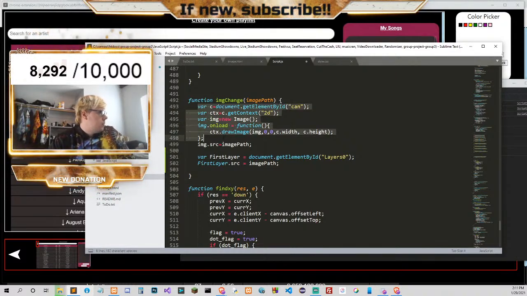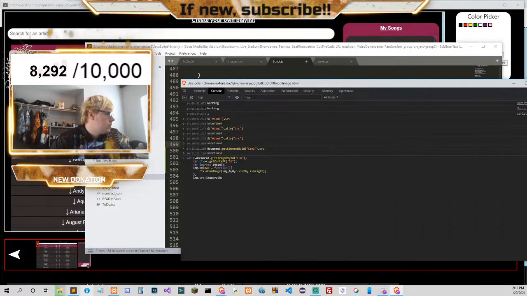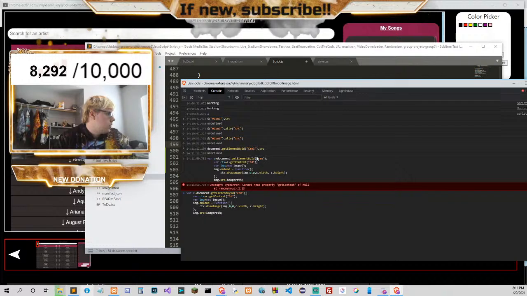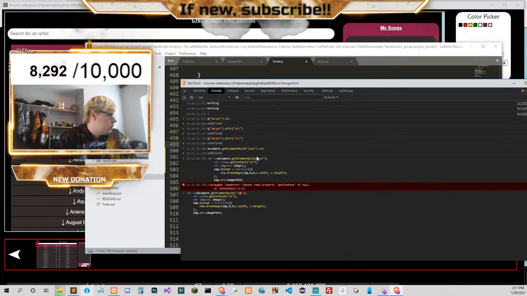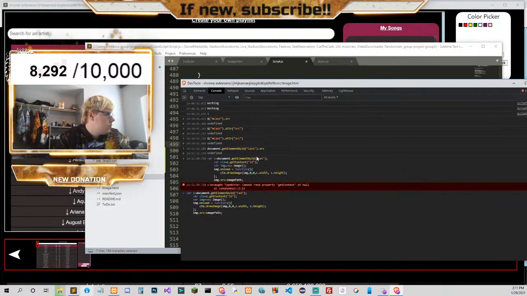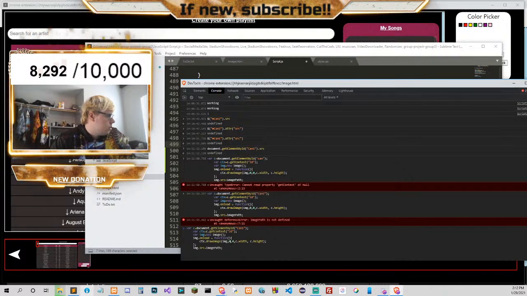Dot get context. So if we do get context dot source, so look at this. So if we do this, get context of null. We gotta change this. Image path is not defined. Oh, that is true.